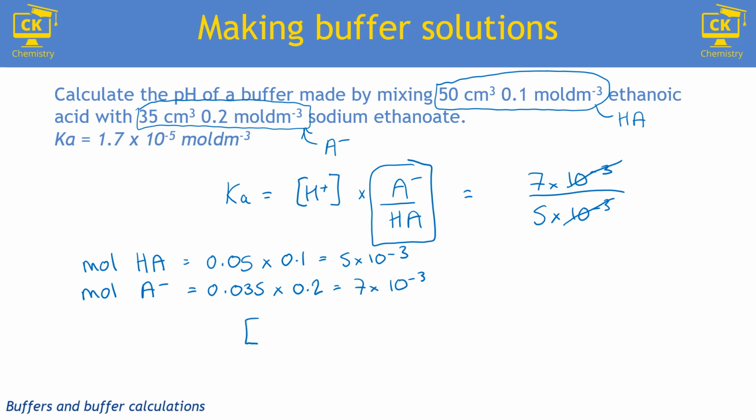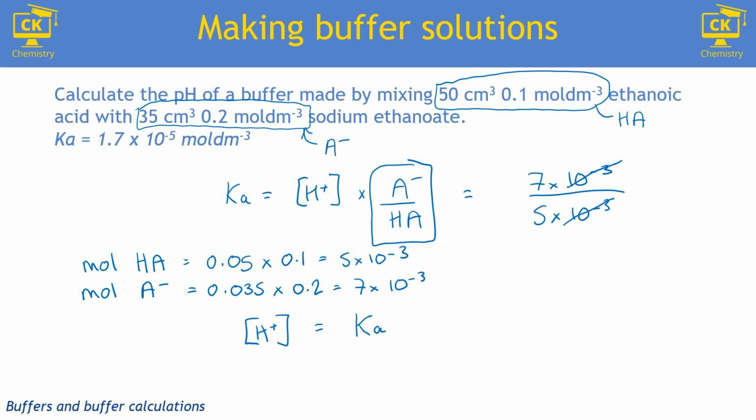So rearranging for H plus, and if you're bad at rearranging, it happens, especially when you're a bit stressed, then I recommend you actually just do 7 divided by 5 first, and then input that where the A minus HA number is, and then move it across. I'm going to just leave it as it is. It's Ka,